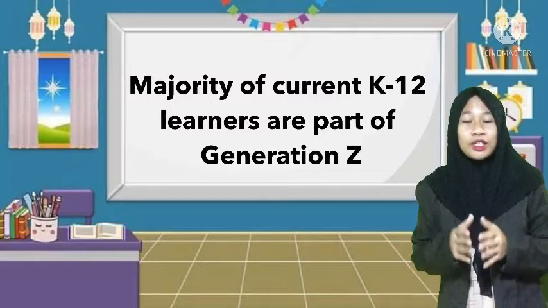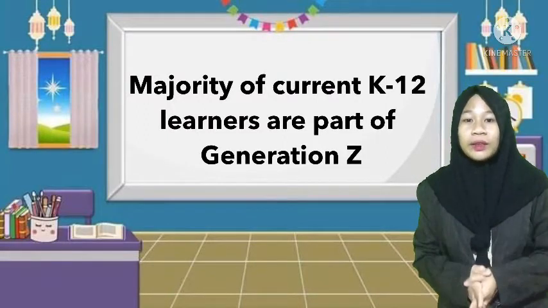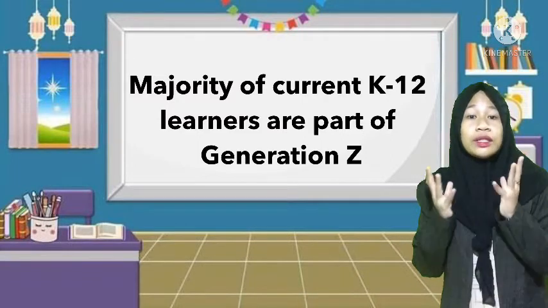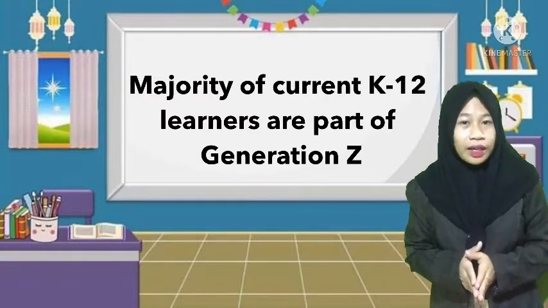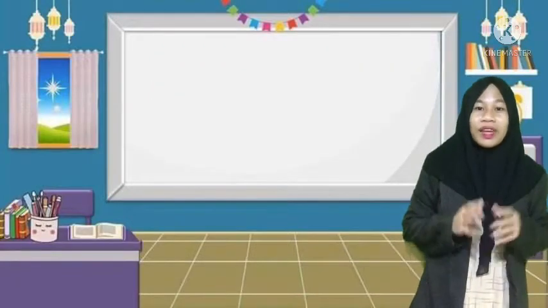That means the majority of the current learners in the K-12 curriculum are part of Generation Z. Therefore, they can learn easily with the presence of technology and learn on their own. Now let's take a look at an example. A kinder pupil